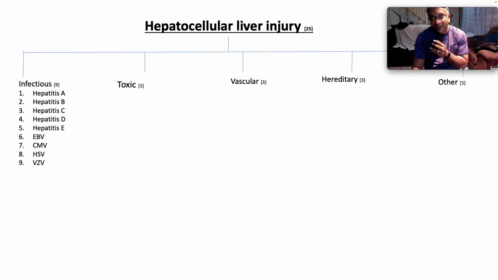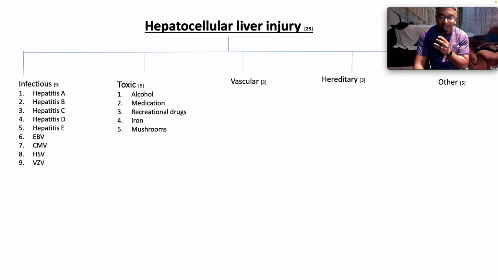The hepatitis family A through E all can cause hepatocellular liver injury, as can Epstein-Barr, cytomegalovirus, herpes simplex virus, and varicella zoster. Toxic causes include alcohol, right? So people who drink a lot, those who have binges, and those who have chronic liver disease with acute decompensation. Medications can cause it, so can recreational drugs, iron in the way of hemochromatosis, and Amanita phalloides mushrooms,